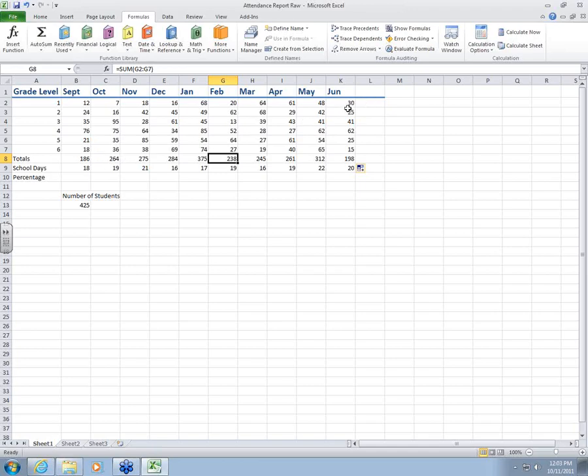I'm going to do it again because we're going to do it here. So we're going to learn the totals for the entire year for grade 1. So I'm going to come up here to auto sum. Okay, and it automatically assumed that, seeing as there were numbers here, that's what I want. Okay, but it did take the grade level, so that one I don't need. So I need to modify this to say, no, I want you to start at